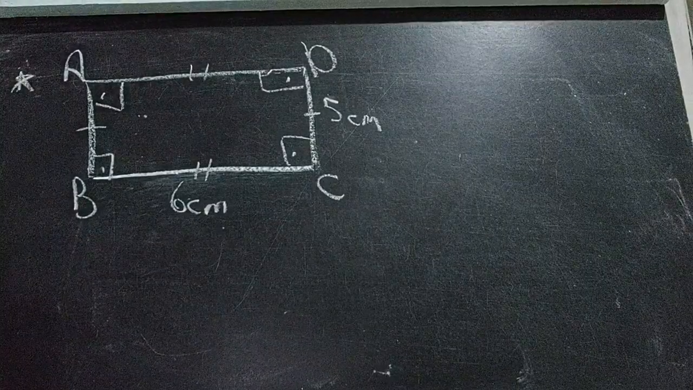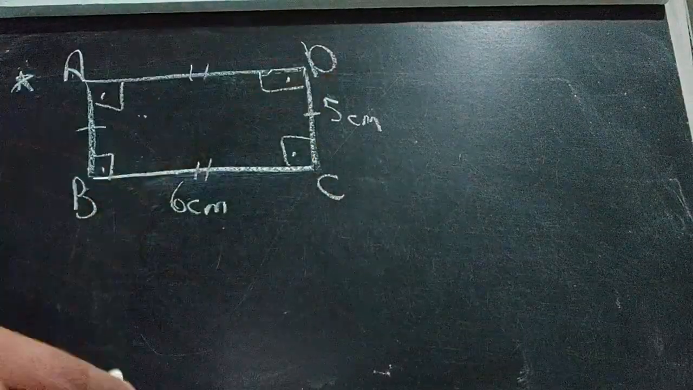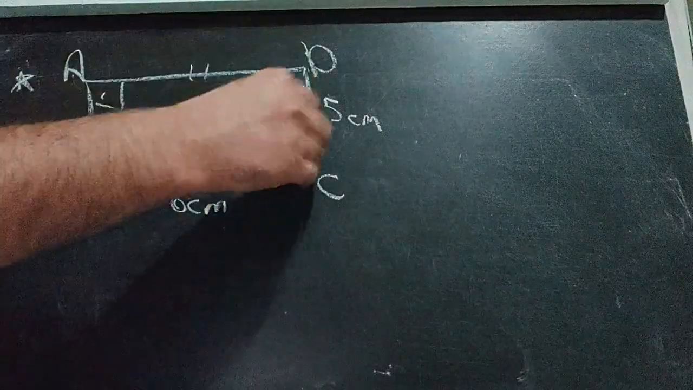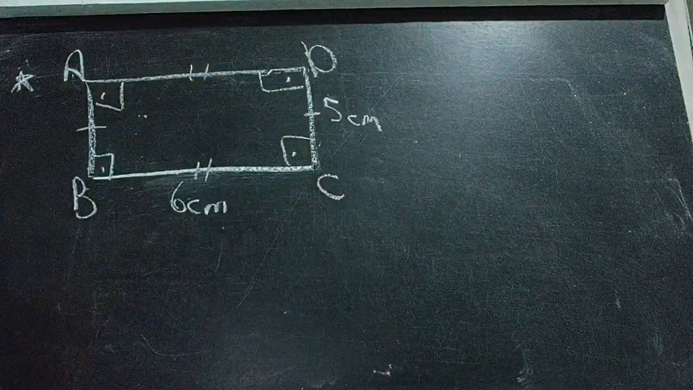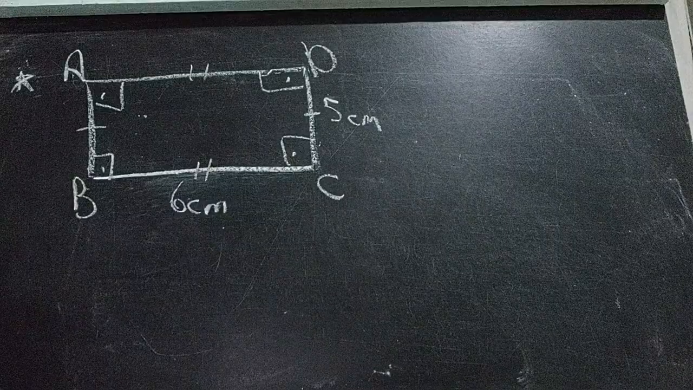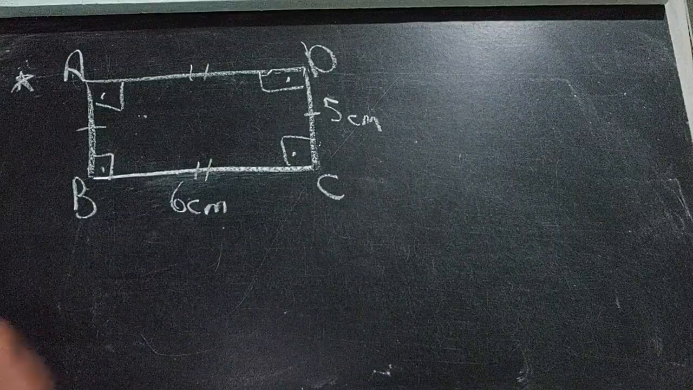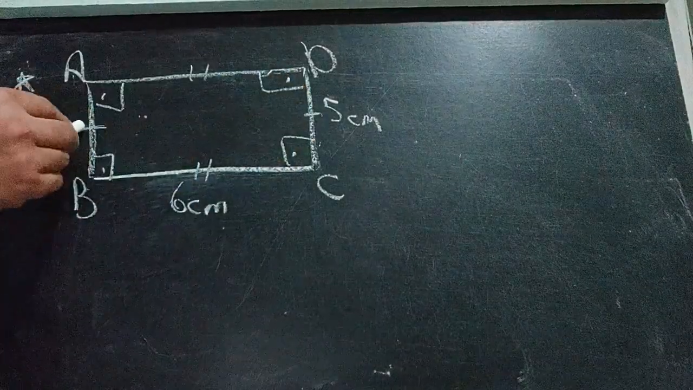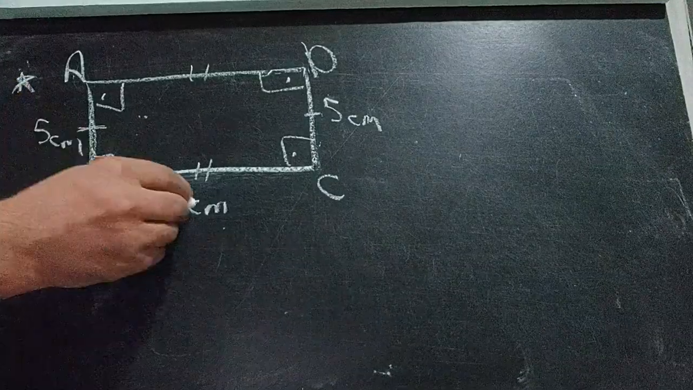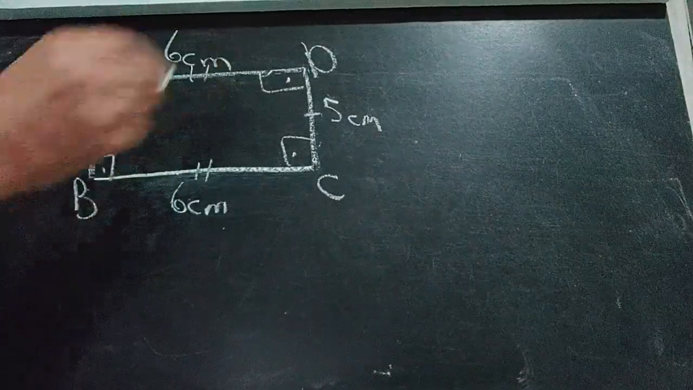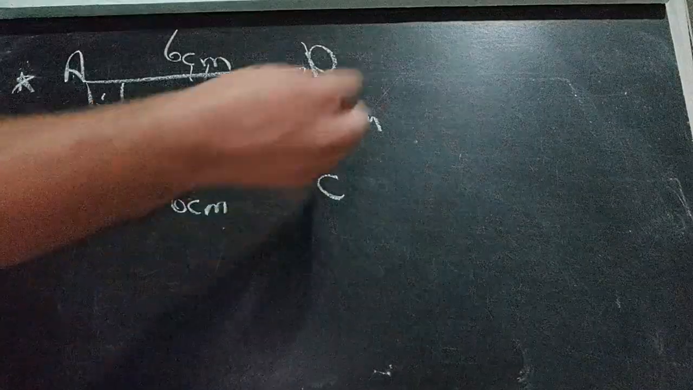So my question is, ABCD is a rectangle, DC is 5 centimeter, BC is 6 centimeter. What is the area and what is the perimeter? So if this one is 5, this one will be 5 too, 5 centimeter. This is 6, this will be 6 centimeter too. Okay, area